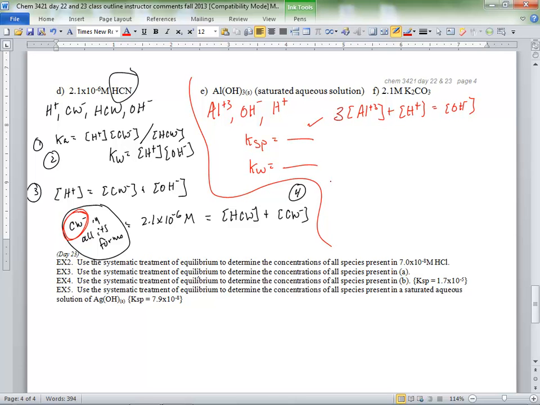It'd be interesting, Matt, to see if that would work out. It's just that the source of hydroxide, because I guess you really can't say this. I think you really can't say this, because if your sole source of hydroxide was aluminum, you're correct. That mass balance works. But your sole source for hydroxide is not just that solid, and that's why you can't say it. So I think with mass balance,